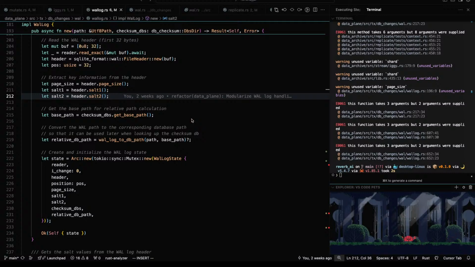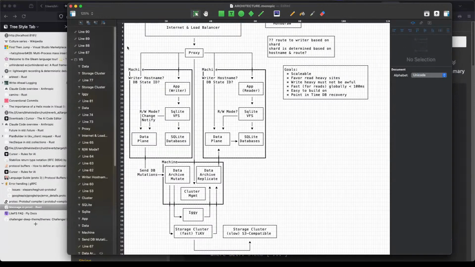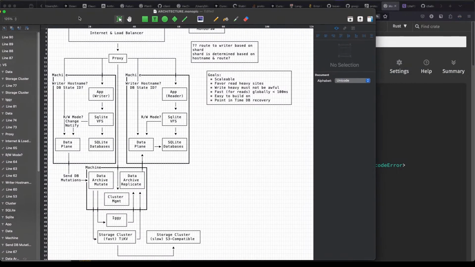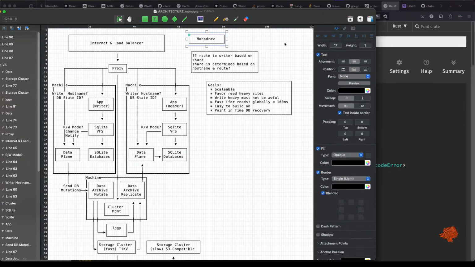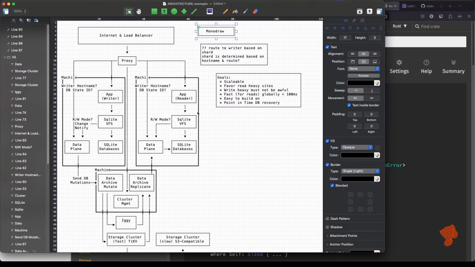So, I'm just going to give the explanation of what we're doing here today again. So, watch your eyes. This guy here. Okay, this tool is called MonoDraw. For whatever reason, MonoDraw can't have a dark theme for this section, but it's a pretty cool tool, and I like it.